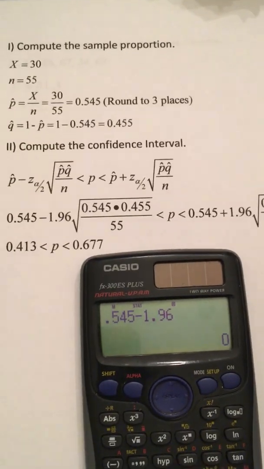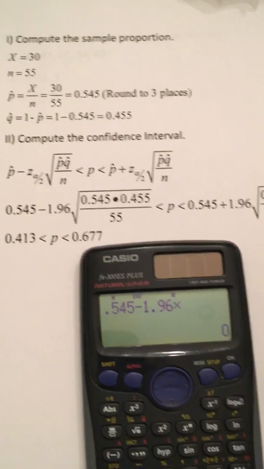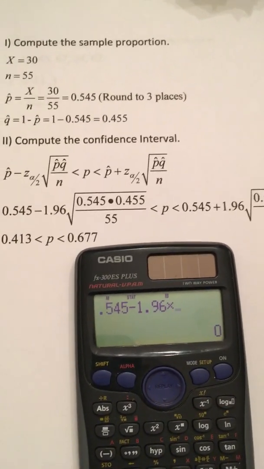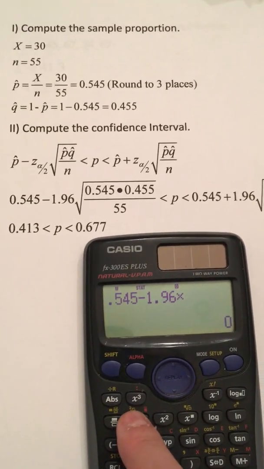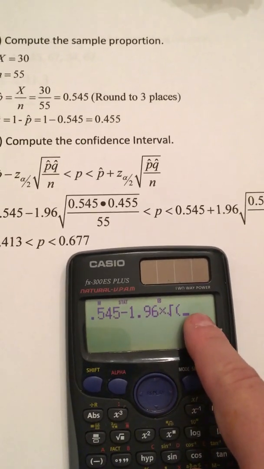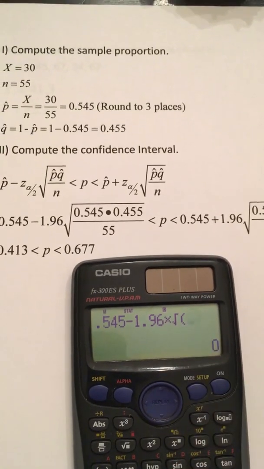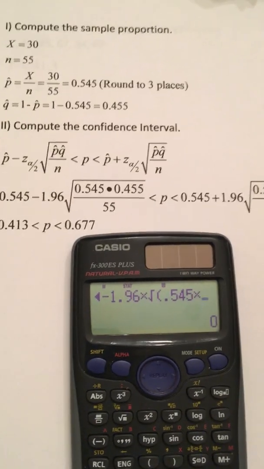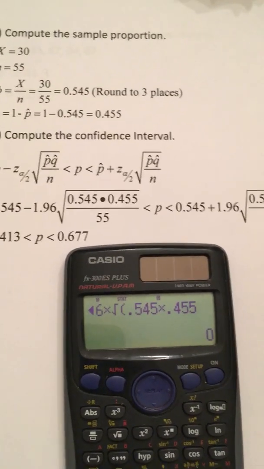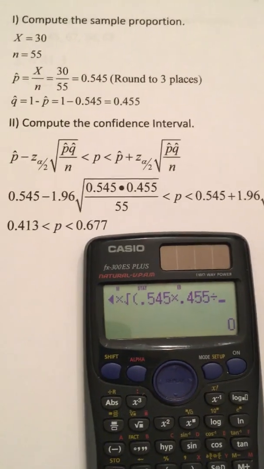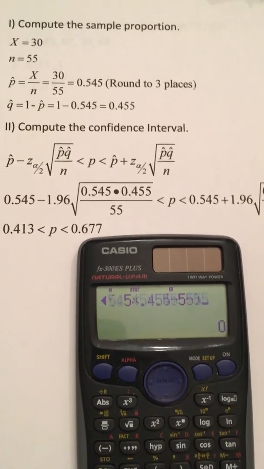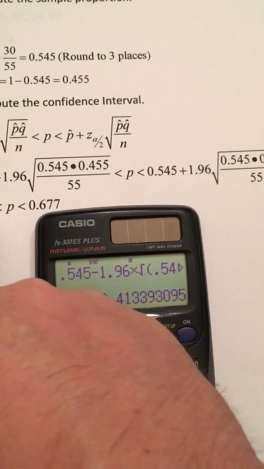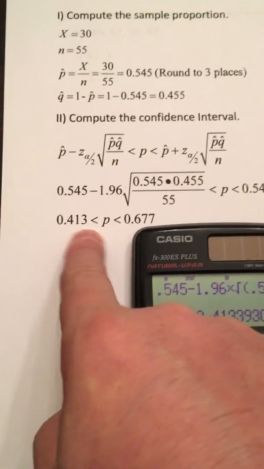Now in your calculator, I like to put down the times just to indicate that I'm going to multiply, because you may have mixed results if you just write down the radical sign. Then we put square root, and it's important to keep everything inside the parentheses. So we write 0.545 times 0.455, and then divide by your sample size of 55. Close the parentheses, hit enter, and we get 0.413, which we round to 3 places, and that matches our left